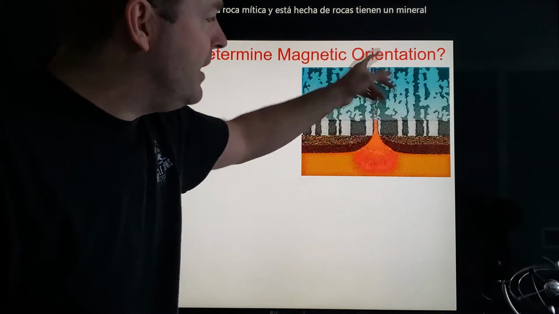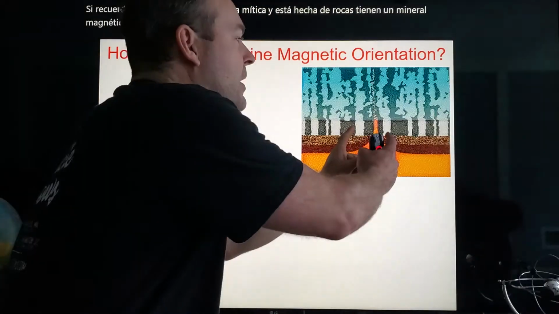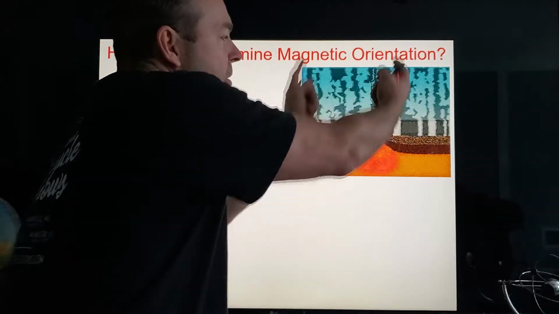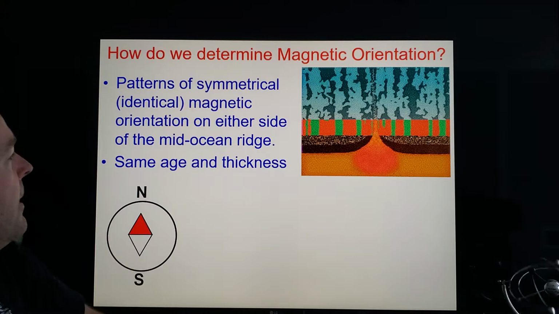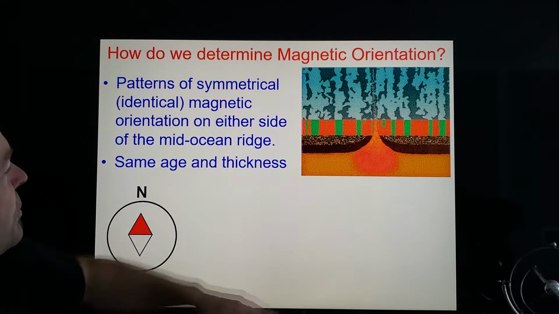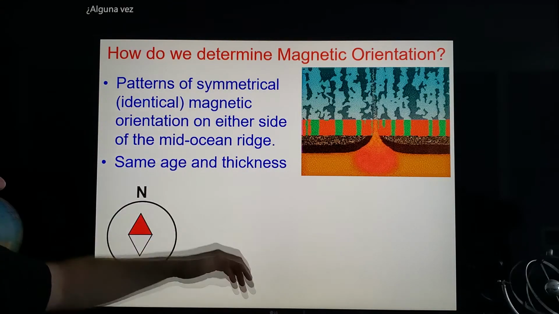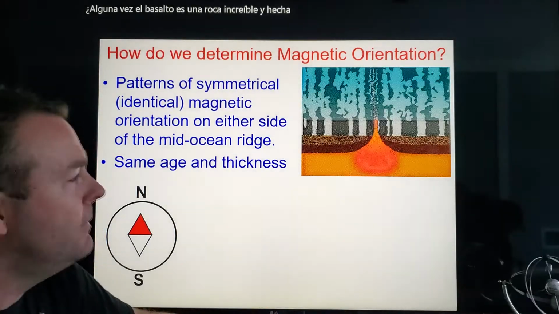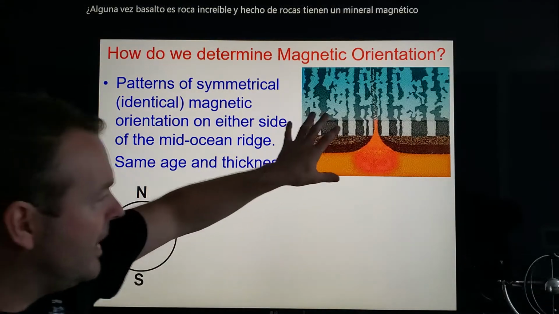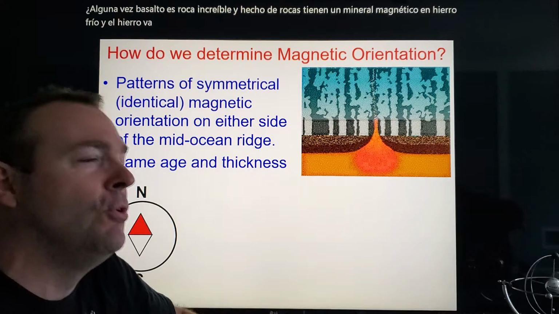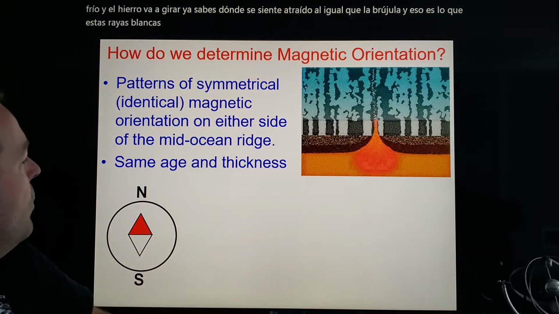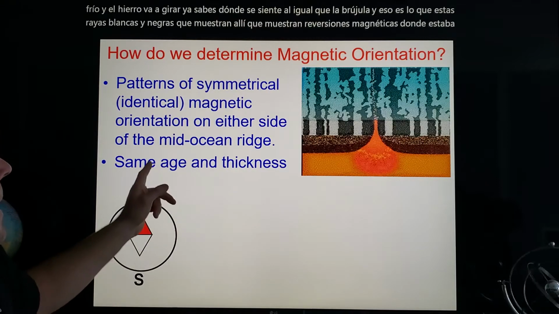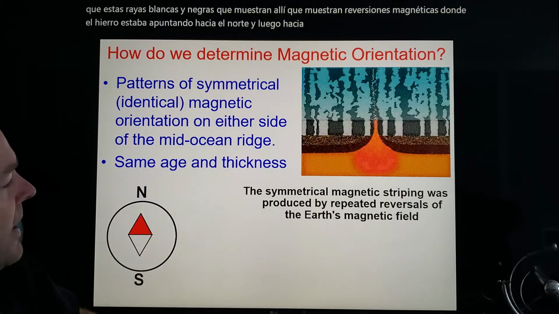They're showing you magnetic reversals where the iron was pointing north and then south and then north because of the Earth's magnetic field having changed over time. All right? They're symmetrical patterns. They're magnetic lines. They call them stripes sometimes. You can't literally see black and white on the ocean floor. That's just a symbol of which way the magnetic field was pulling. All right, and they are symmetrical on both sides.